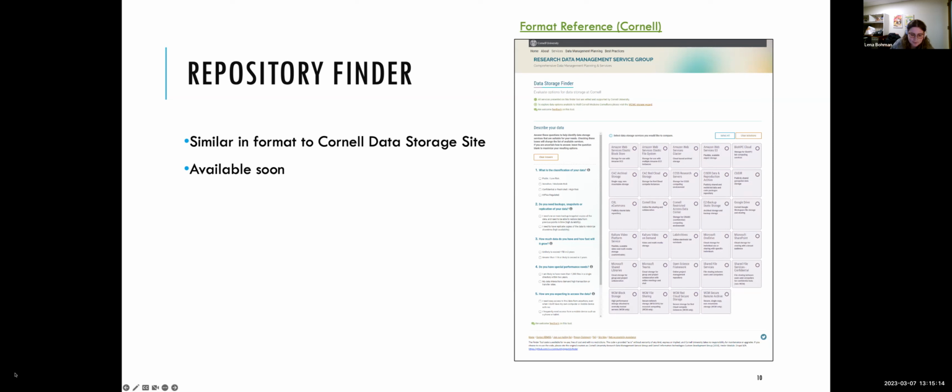Because of the needed web development, this project has had a longer lead time than the other resources we created. Right now, it remains in development. The group anticipates that a version will be available through the National Center for Data Services soon, and then they will release a GitHub page with the needed code to host a customized version on your own library website.